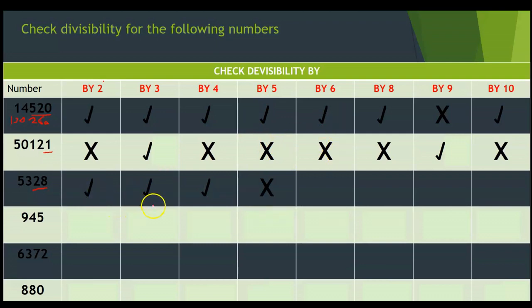It's divisible by 2 and divisible by 3. Then it's divisible by 6. Is it divisible by 8? I will check the last 3 digits. 328. What is half of 328? Yes. It's